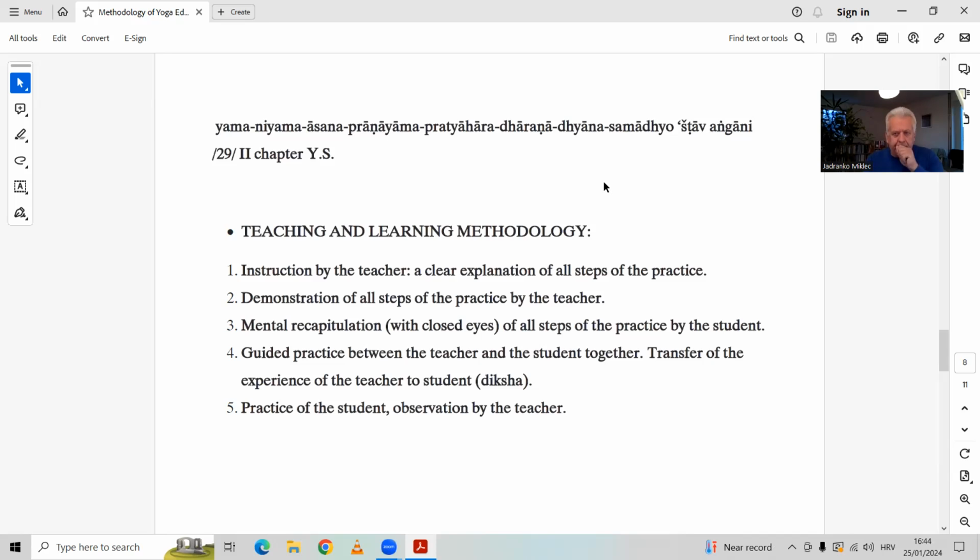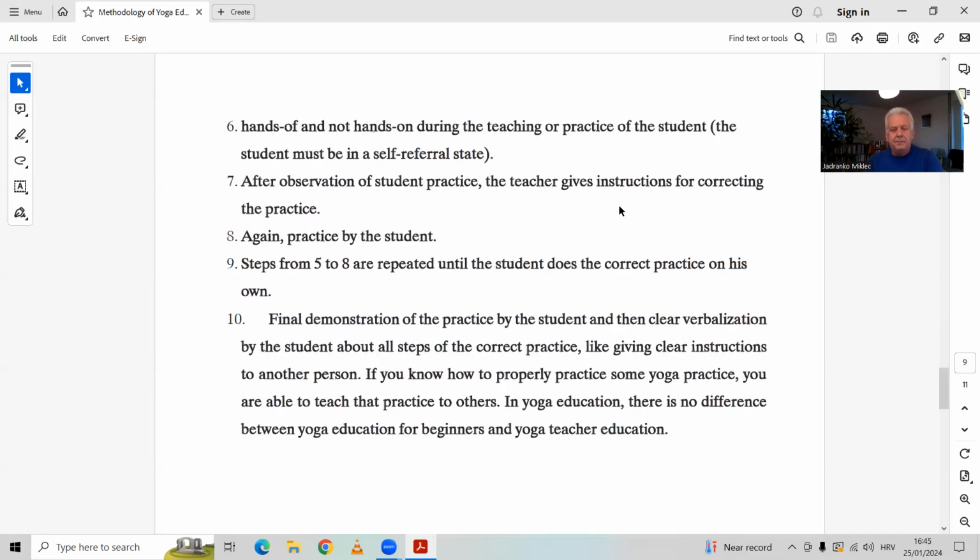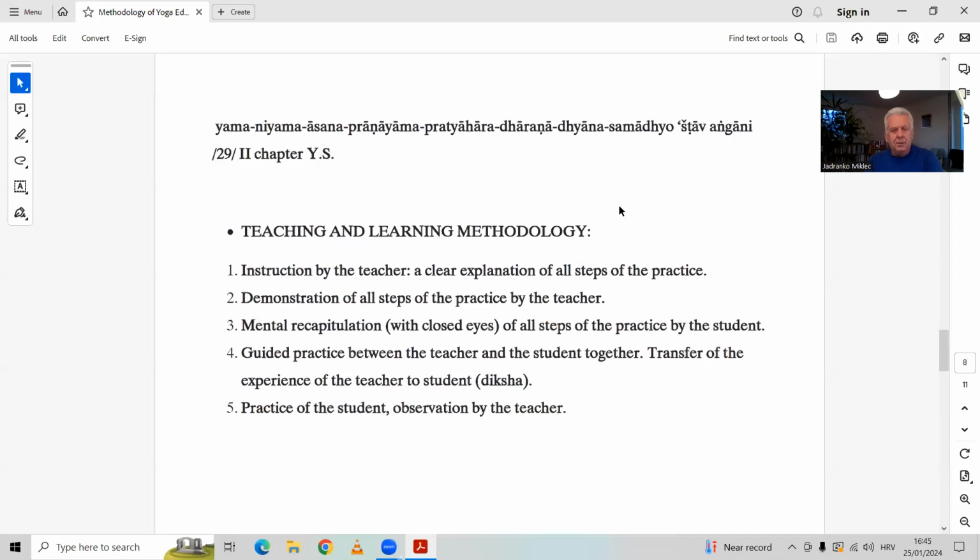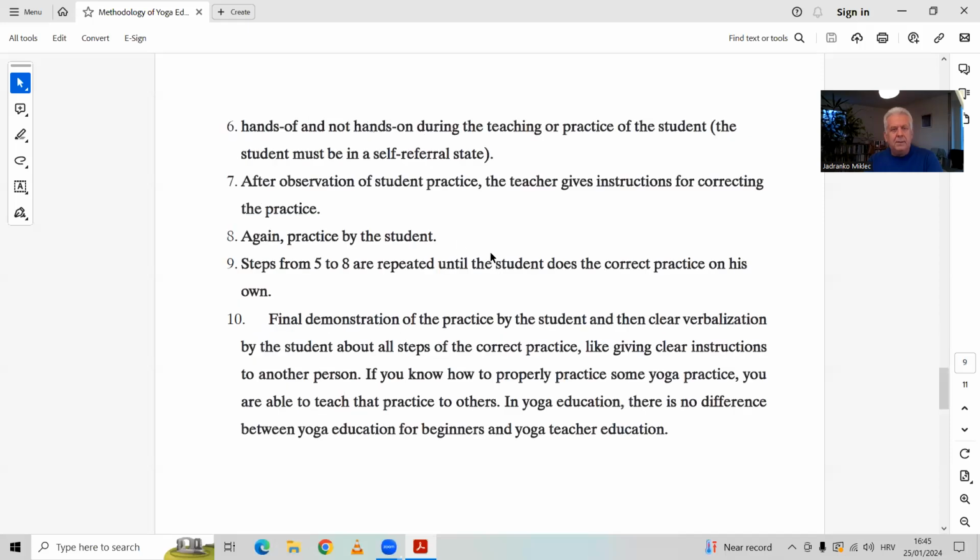And at that moment, the teacher is just observing the student, not saying anything, not interrupting the student, just observing how the student does the practice. So step 5, then 6. At that moment, the teacher is not trying to correct the student when he is doing the practice,